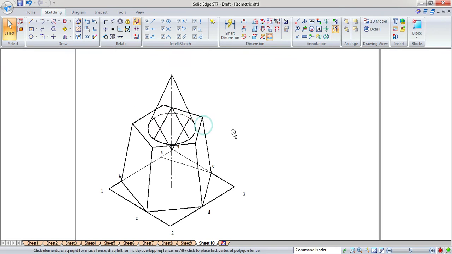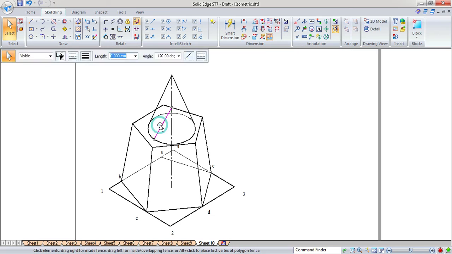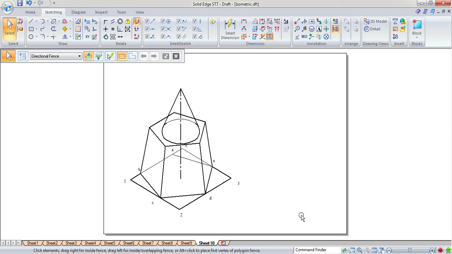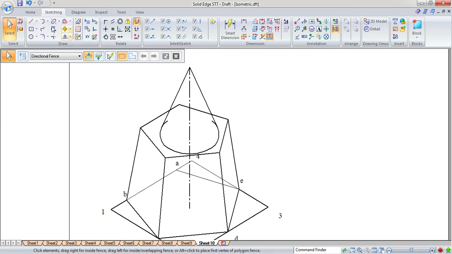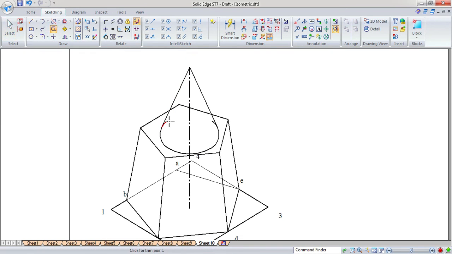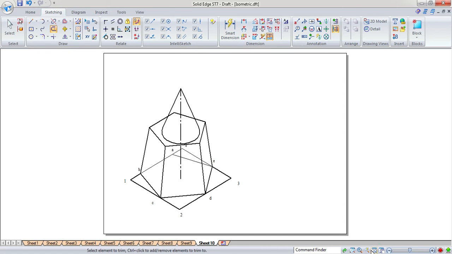If you retain them also, it is not a problem, you can retain the construction lines. Only in order to show clearly, I'm just deleting all those lines here. Right, so this is the combination of the frustum of a pentagonal pyramid and a cone here.